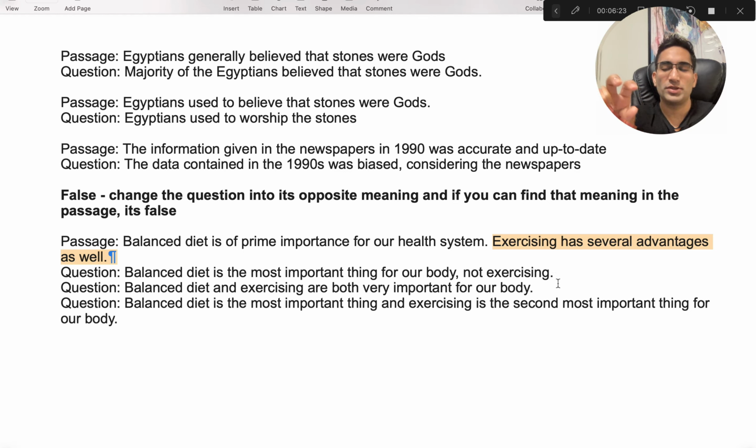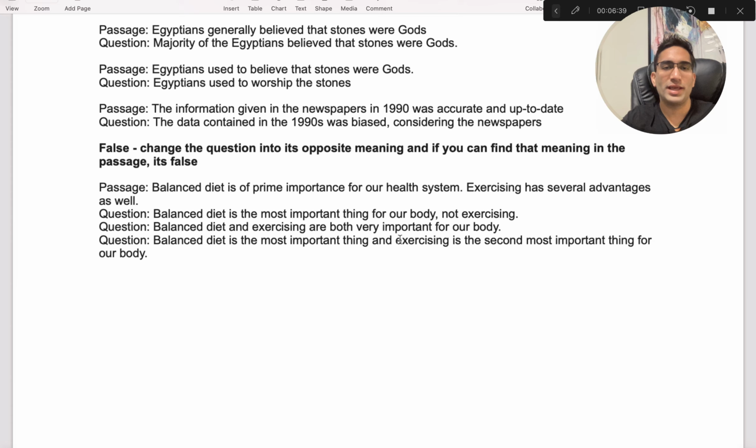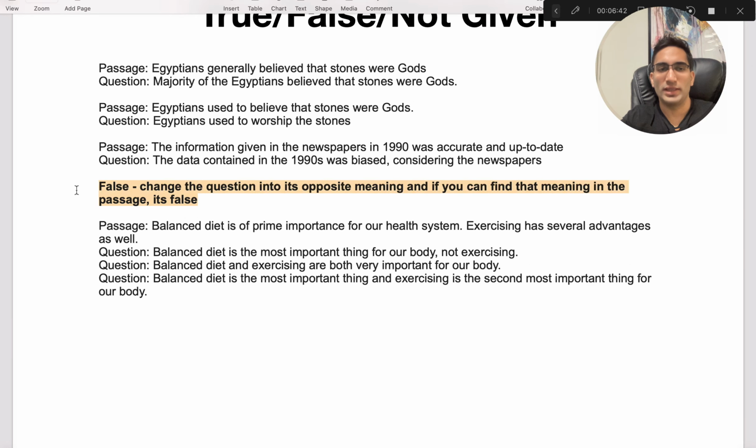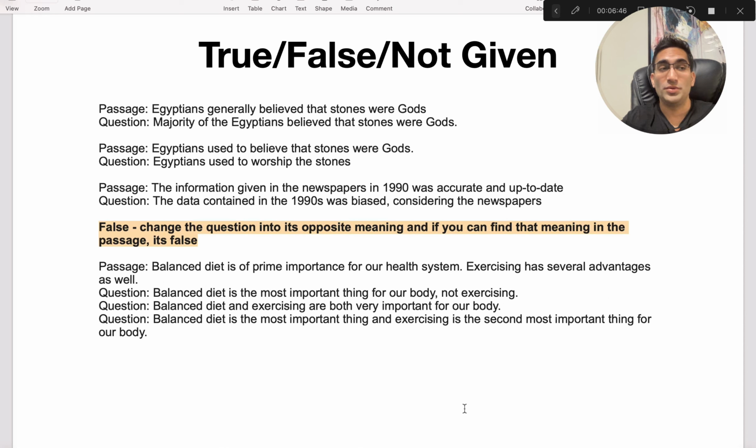That's where you really have to make sure it's the exact concept that is mentioned, then it's true. Or it's the exact opposite of that, it's false. But if it's not exact, if it's close, it doesn't matter. It's not exact, it's going to be not given. All right, guys, that is the secret to answering true, false, not given. Remember that. Take a picture of this definition or pause the video right here and make sure you use this and remember this every time you attempt your IELTS reading in order to get a better band score.